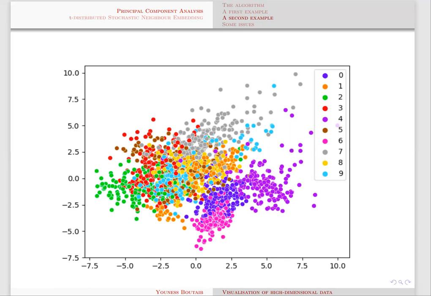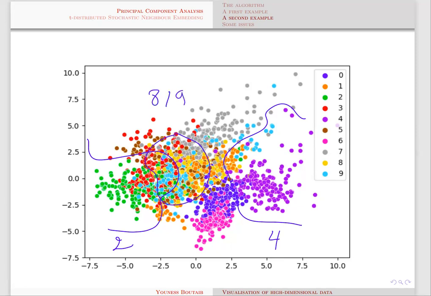And we can see that the PCA actually did a very good job in separating the 4s from, for example, here, the 2s. And the reason for this is that when you compare images of 4s and 2s, pixel by pixel, there's a large variance. However, when you look, for example, at the light blue dots and the yellow dots, which correspond to 8 and 9, PCA did a very poor job in separating these two